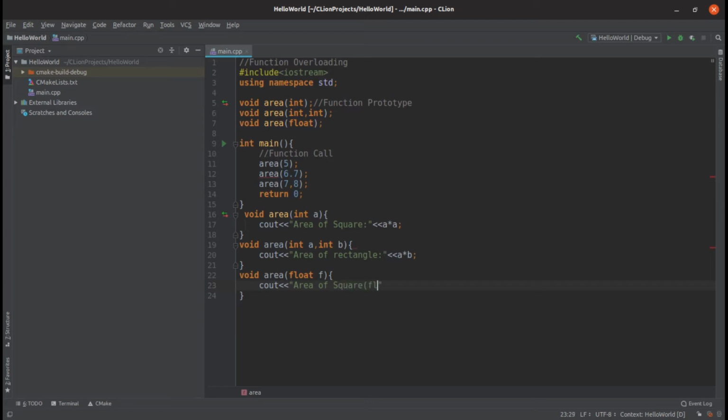I'll write float here to represent that the function call is of float. So we will just write f into f. So these are the three function calls, and you can see here that in these two we are using different data types. So this is now "expected function body after function declarator." Okay, so this is the error here,